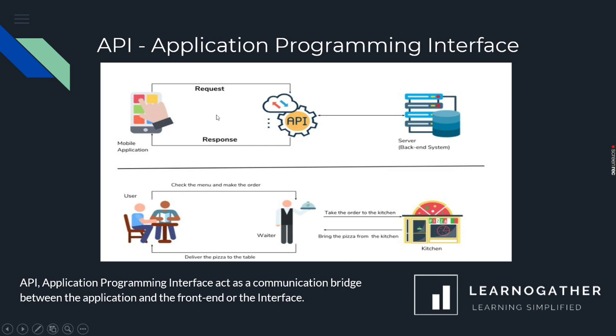Now suppose the seat is not vacant, then it will show an error message that the flight has been cancelled or the seat is not vacant. So this is how an API works, and it acts as a middleware, a communication bridge between the mobile application and the backend system. Now, why is it necessary? It is necessary because Indigo Airlines cannot trust the Paytm vendor and cannot give complete access to their database. So using the API, they will only expose the particular system which Paytm requires.